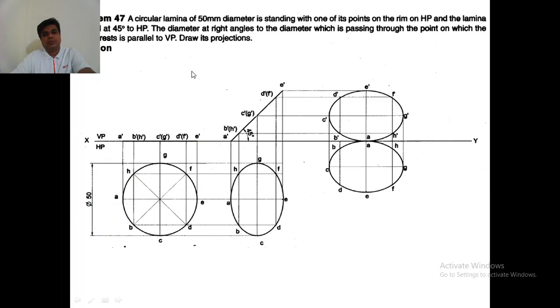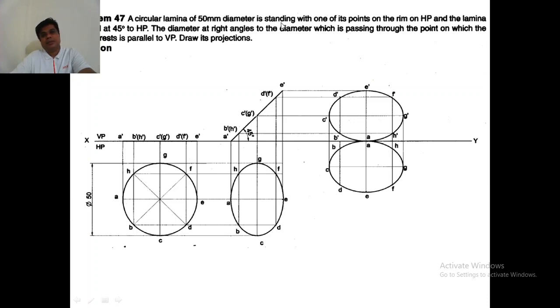So we'll take this problem and try to solve it now. Compared to the previous problem, only the shape of the plane lamina is changing; it is a circular plane. The other conditions will be the same. I'll just read the problem now. We have a circular lamina, which is characterized by its diameter, so the diameter will be given. Whereas for a pentagon, rectangle or triangle, they give the length of the edge or side. In the case of a circle, the diameter or the radius will be given.